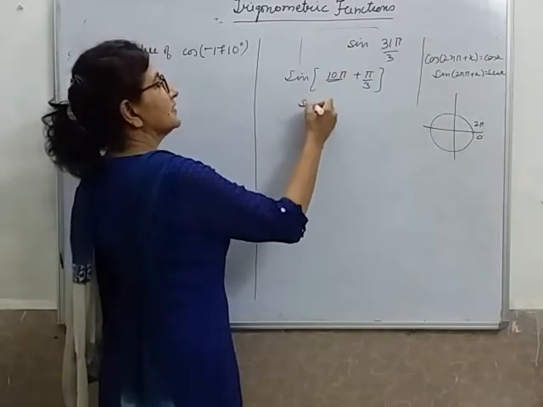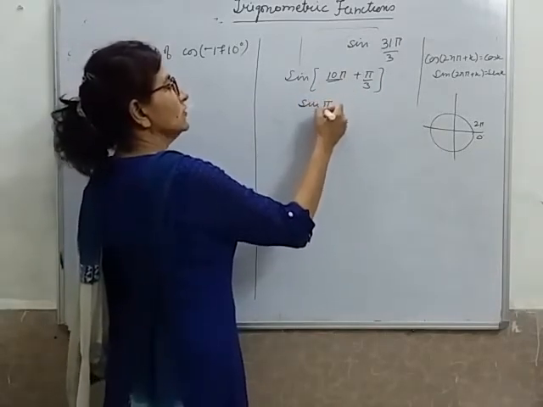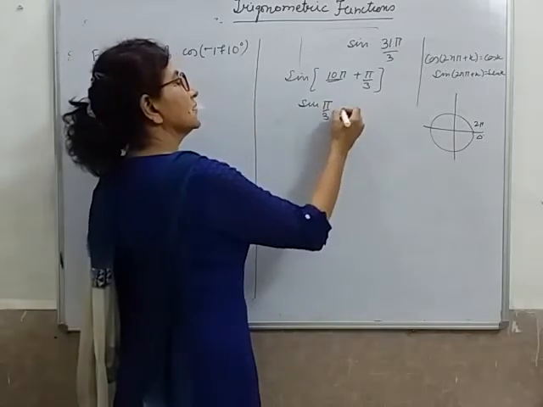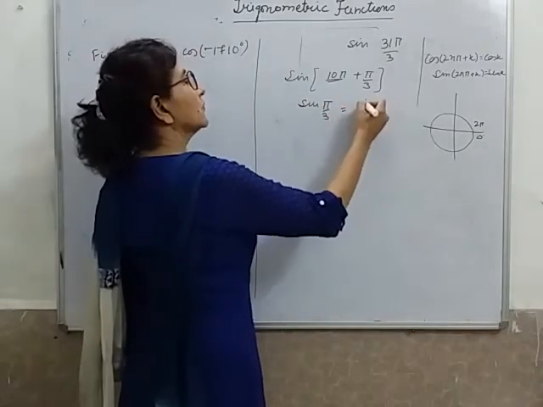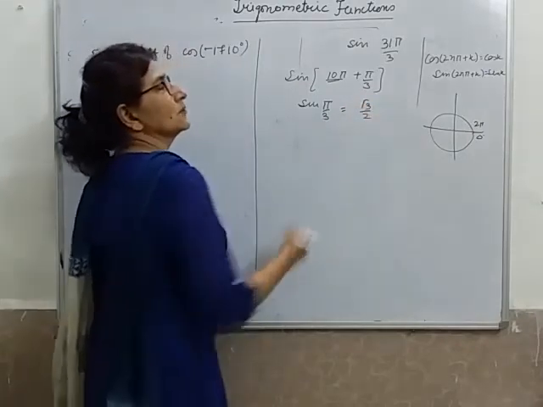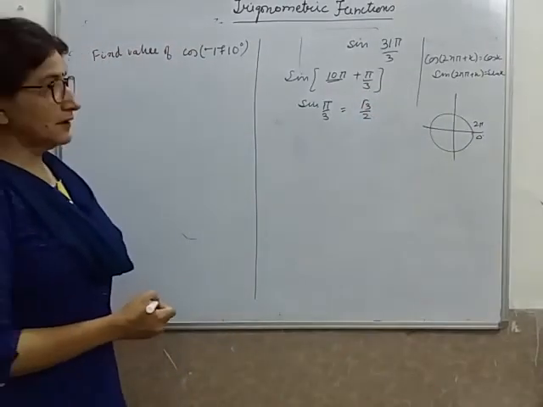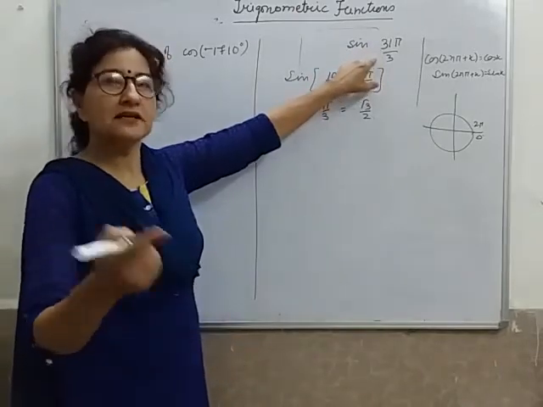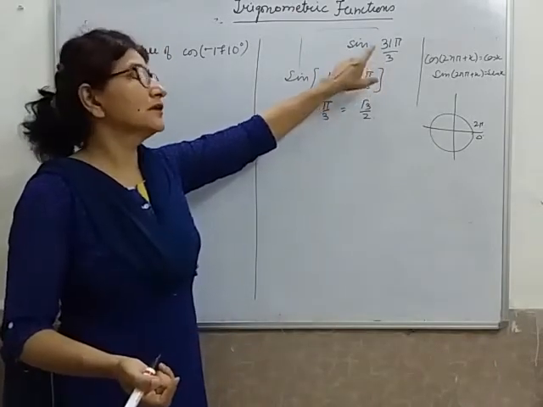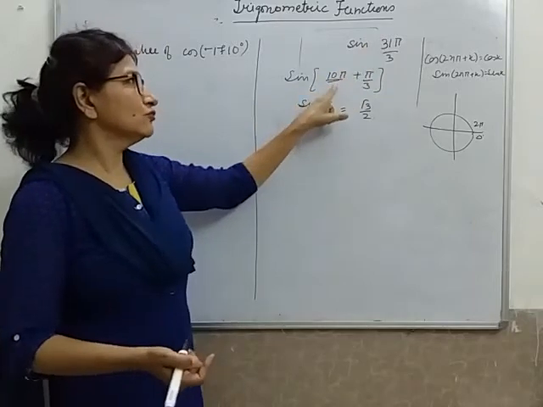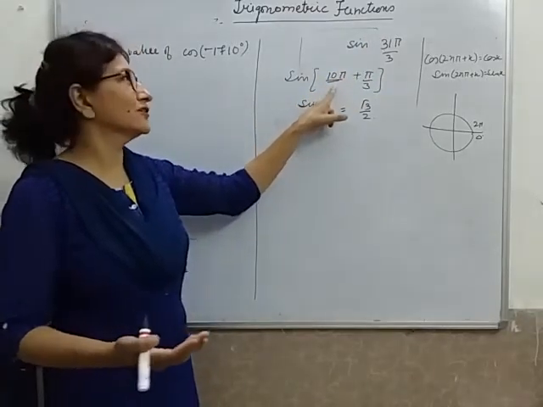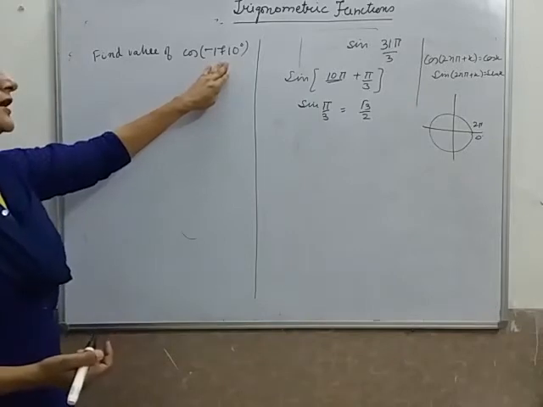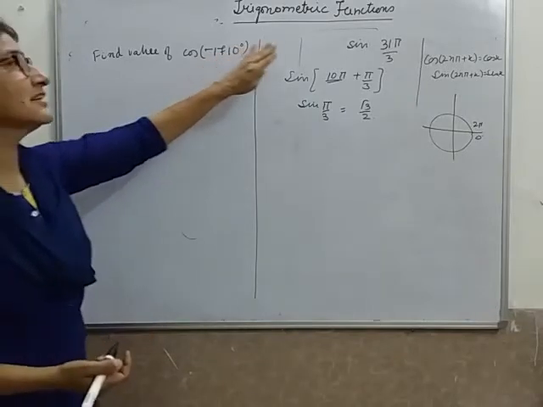So I can leave it. It will be equal to sine pi by 3. Sine pi by 3, this is 60 degrees, and you know it equals root 3 by 2. Do you get it? I believe it's easy. You should know how to break the angle into multiples of 2 pi. That you will have to think yourself. In this angle it is still easier for us to think because it's in degrees, not radians.